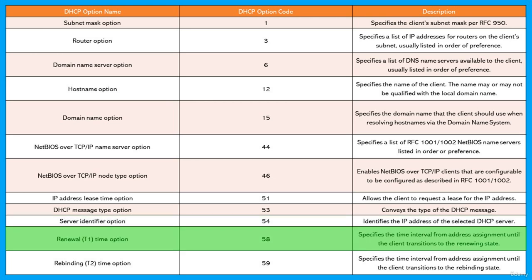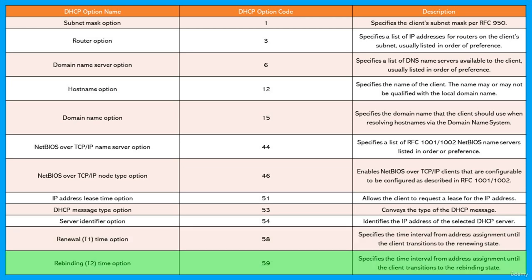Renewal T1 time option, option number 58, specifies the time interval from address assignment until the client transitions to the renewing state. Rebinding T2 time option, or DHCP option code 59, specifies the time interval from address assignment until the client transitions